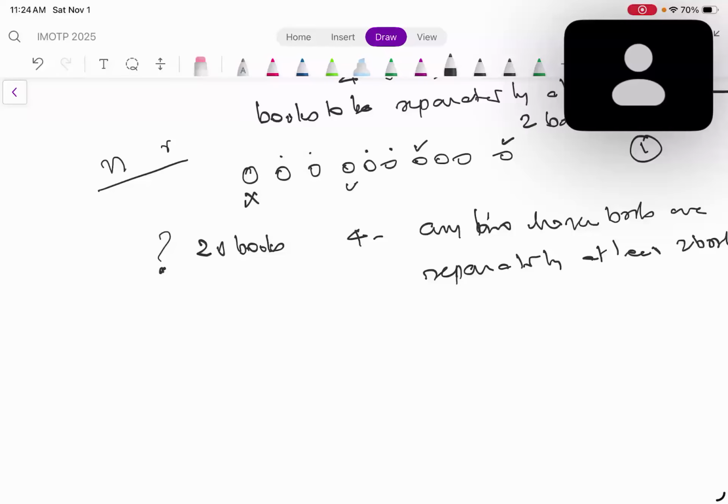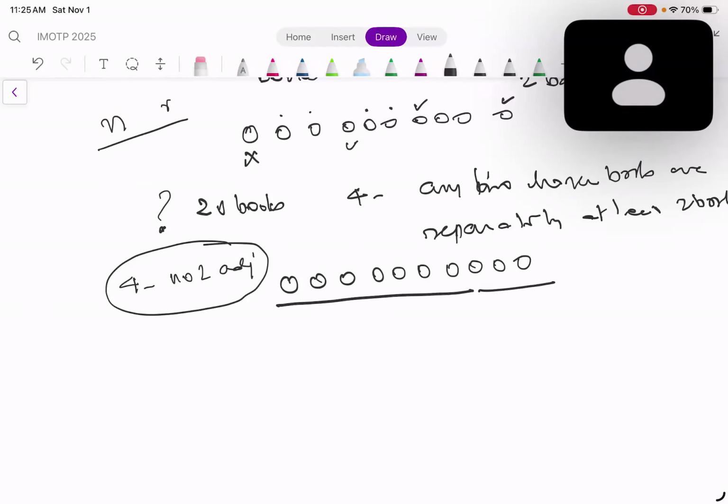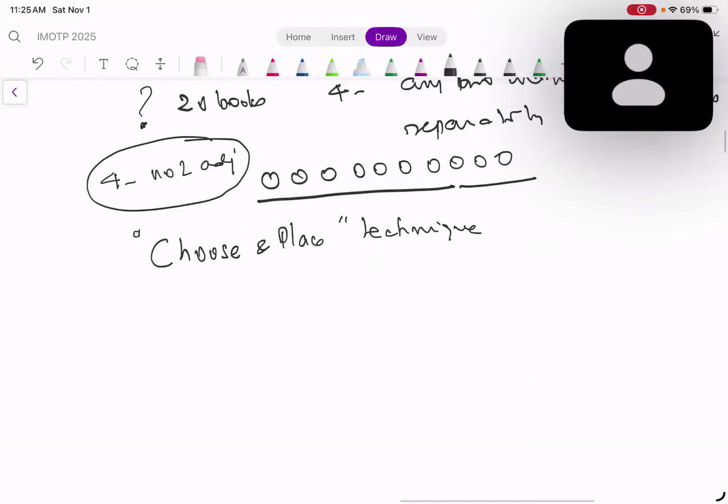Now let's look at the previous problem itself. I have, let us say, 10 books, 1, 2, 3, 4, 5, 6, 7, 8, 9, 10. I want to choose 4 of them, with no two adjacent. Now what we did was we removed those 4 books which have been chosen and then reinserted them in the gaps. Correct? Okay. So instead of that, I'm going to do something else. We also looked at the choose and place technique, right? I'm going to use it again. We'll come back to this problem in a minute, but before that, let me see how many ways